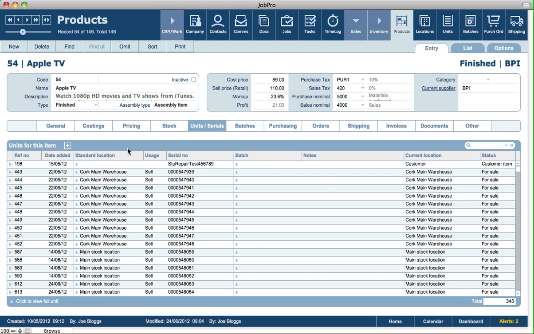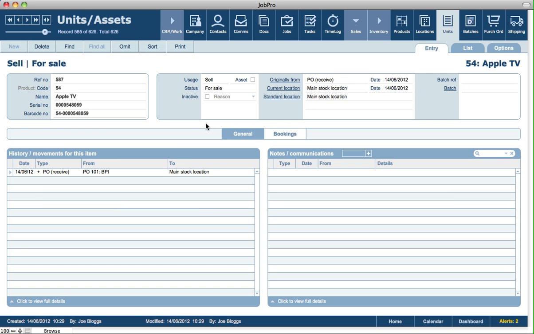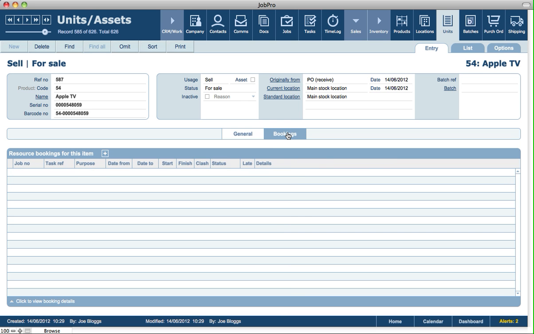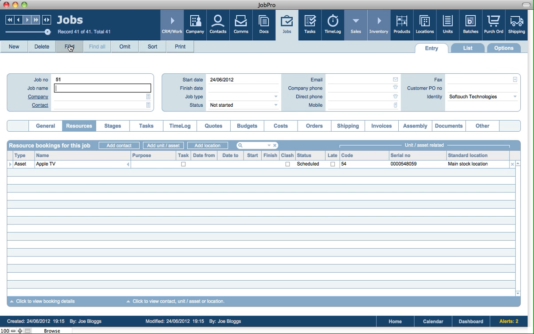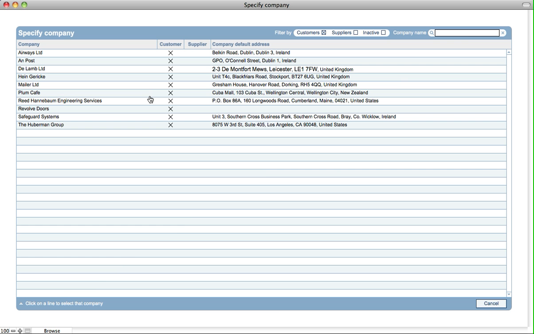So one of the things that we can do is we can click and view a specific item, and we're now in the units module. So for this item we can see where it came in, in this case it was received on a purchase order, but we can also create a booking from it here as well. So let's create a booking for this item. So this creates a job. We can specify who the customer is,